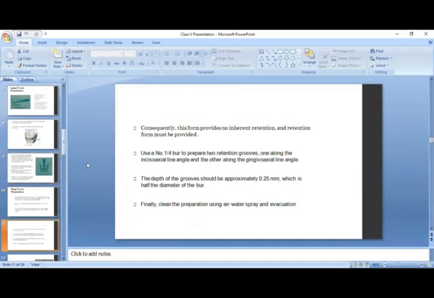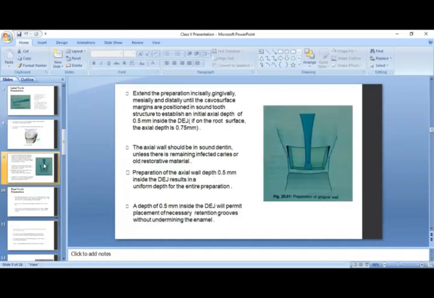What does that statement mean? When we design the cavity, most of the infected tooth structure is removed with the bur, either an inverted cone bur, a round bur, or any other bur. That causes a lot of debris formed from the removed structure. That debris should be removed, because if it remains on the tooth structure, the restoration won't be properly placed.